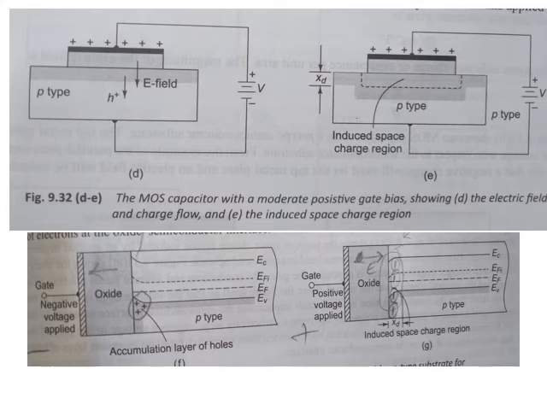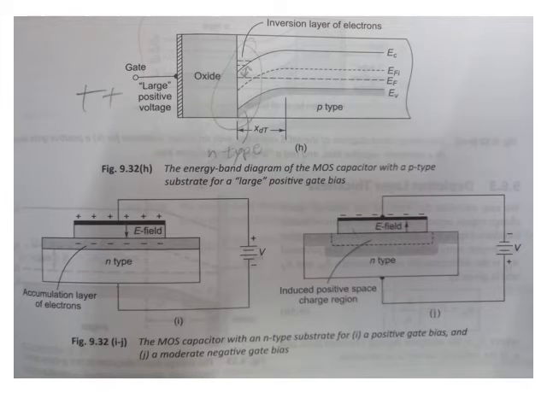So this energy band is increasing for negative supply. Why? Because the holes are being attracted towards this interface. It is shown here, and the band is decreasing for the positive supply because the holes will be repelled away. Holes will be repelled away, right? Hence the hole concentration is decreasing. So moving further to the next diagram.